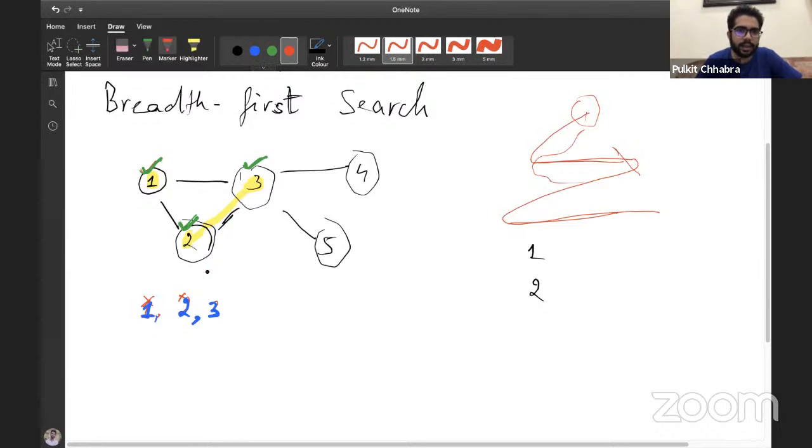And then the turn of 3 comes. We'll delete 3 from the data structure, and then again visit the neighbors of 3.